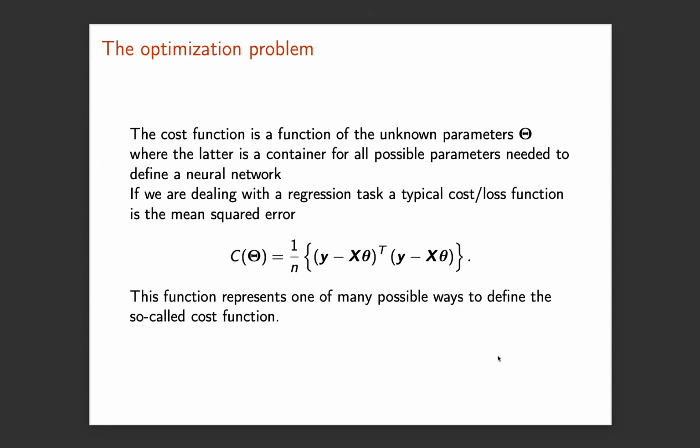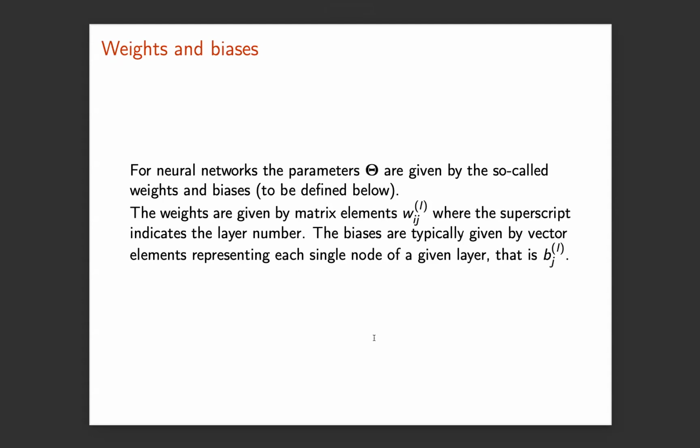And typically the cost function, what we end up optimizing, in the simplest case would be the mean squared error, which I've seen zillions of times. And I hope you don't get offended if I just remind you of that. And this would be the typical function which you would optimize with respect to these parameters theta. And theta is just a container which contains all the different parameters which you end up optimizing. And the neural networks are given by the so-called weights and the biases, as I say here.